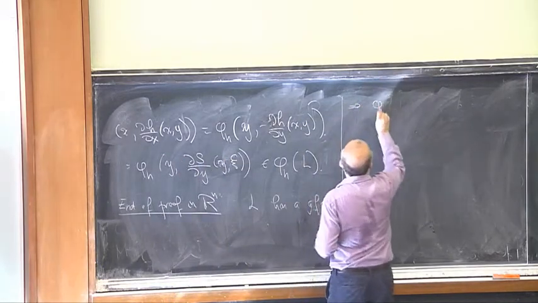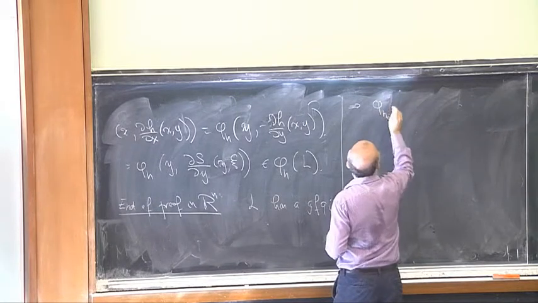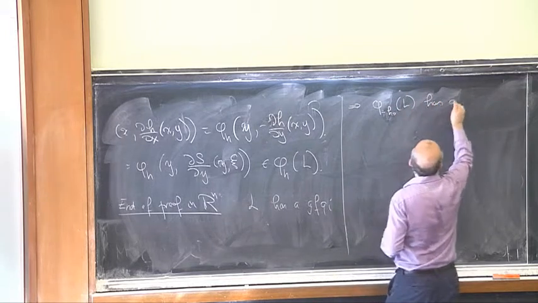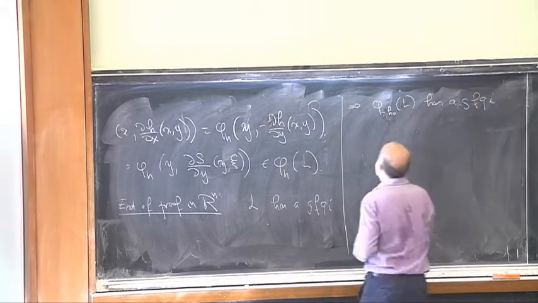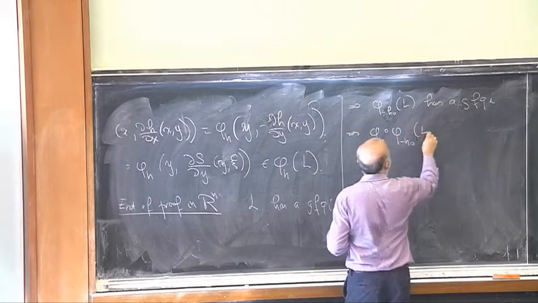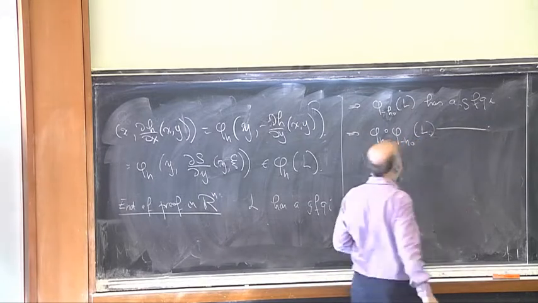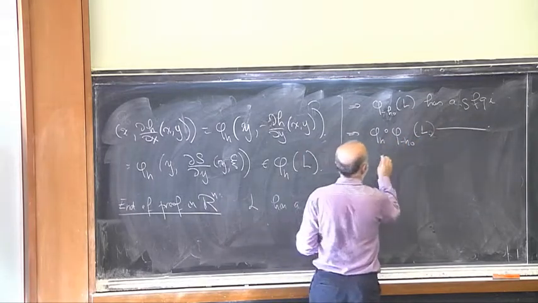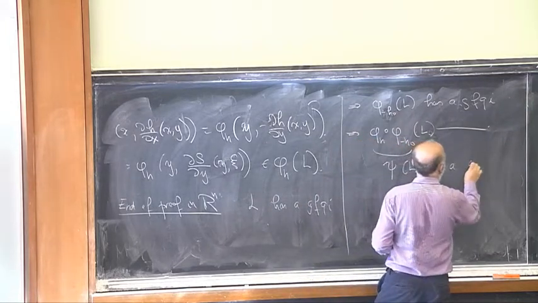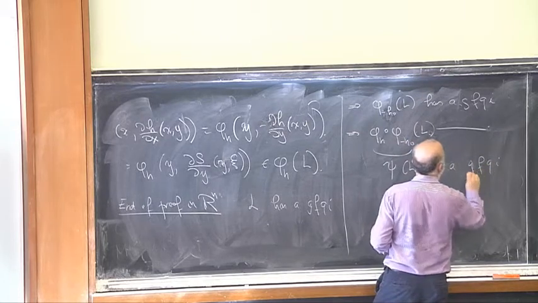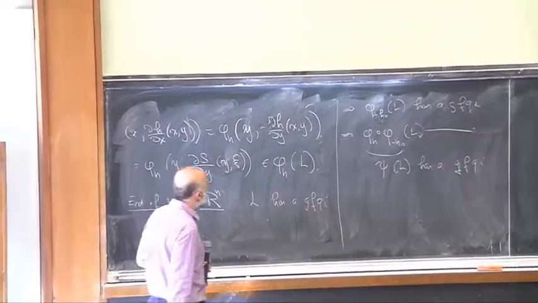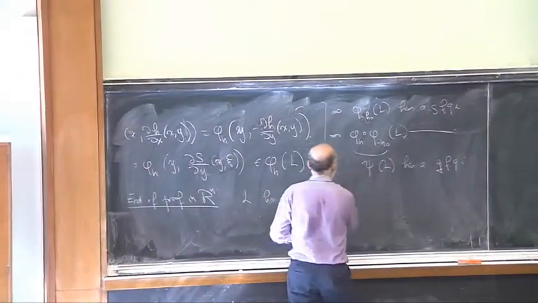Then phi minus h0 of L has a generating function quadratic at infinity, and then phi h composed with phi minus h0 of L has also a generating function quadratic at infinity. And so we proved, because this is psi, small psi, psi of L has generating function quadratic at infinity. So this works